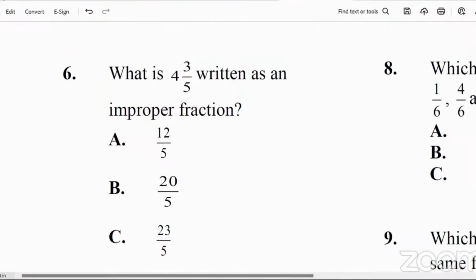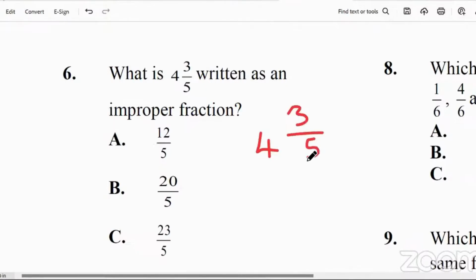All right, so question 6. What is 4 3/5 written as an improper fraction? All right, so this is a mixed number, 4 3/5. We have to change it to an improper fraction. So let's go ahead and do that. So we have 4